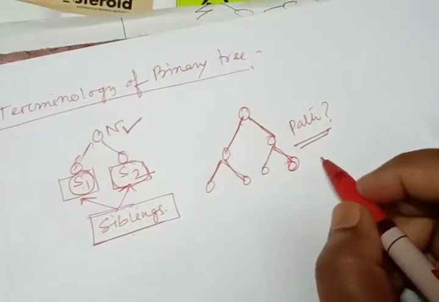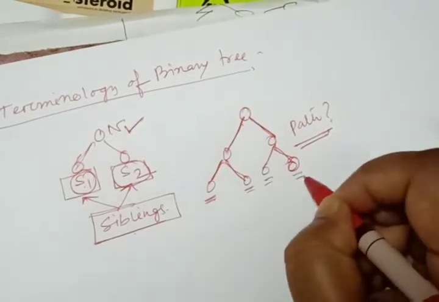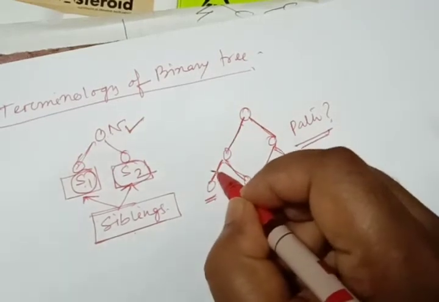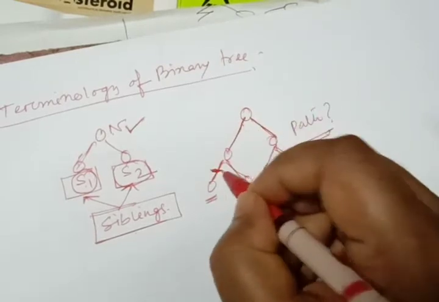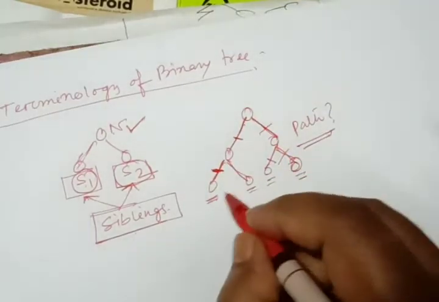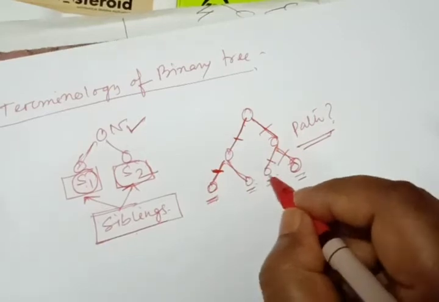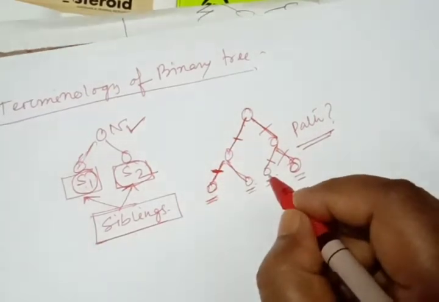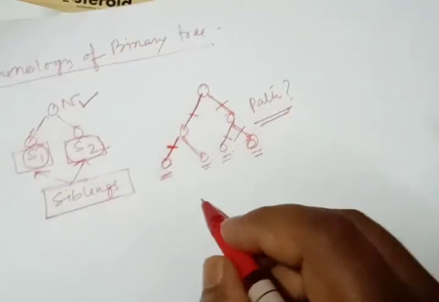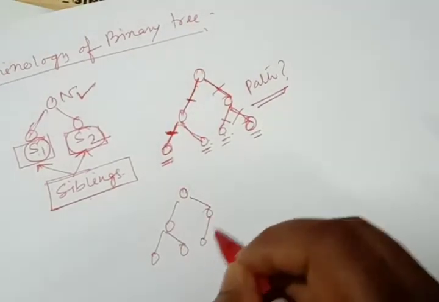A terminal node is called a leaf node. These are the leaf nodes, as I have already told. And a path ending at a leaf node is called a branch. These are the branches of a tree, and these are called the leaf nodes, as these nodes have no successor. Each node in a binary tree is assigned a label number. Suppose this is a tree, we can put a label number.